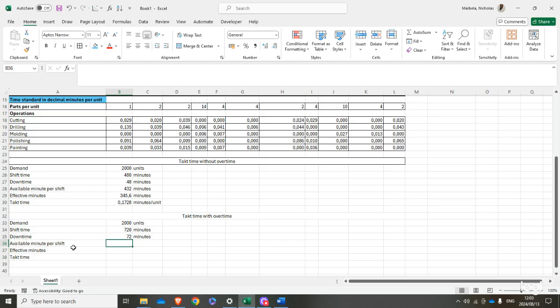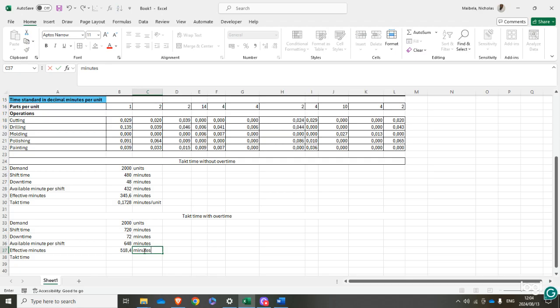Then available minute per shift is equals to shift time minus downtime, and then you get 648 minutes, right? And then the effective time when considering our plant efficiency is equals to available minute per shift multiplied by 0.8. Then we get our effective minutes to be 518.4, and it makes sense that it's much bigger than the one